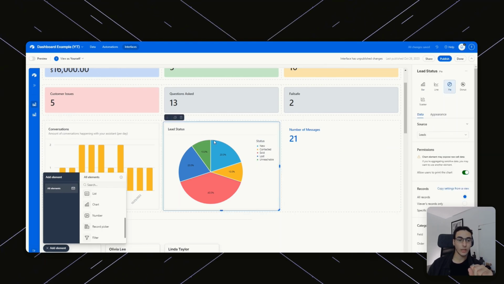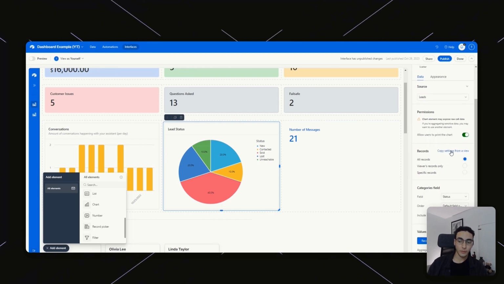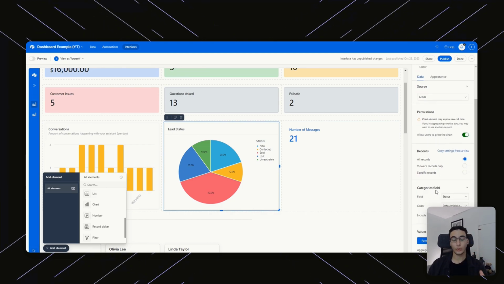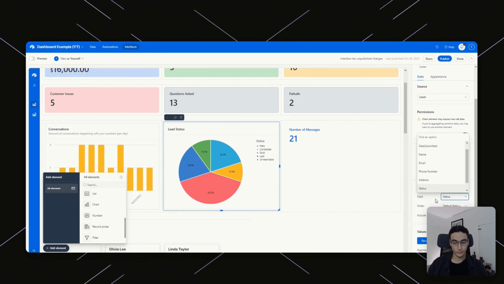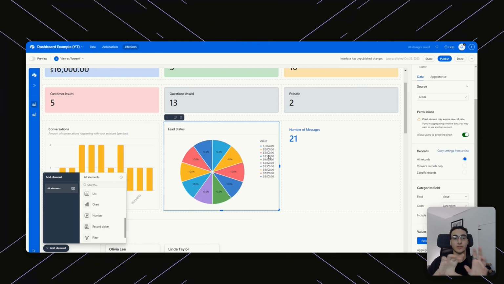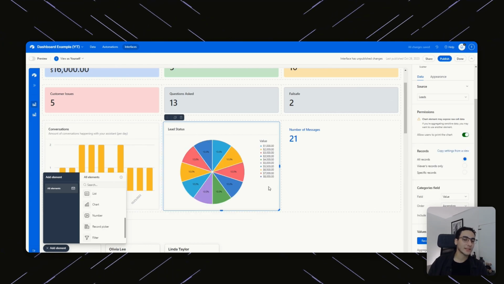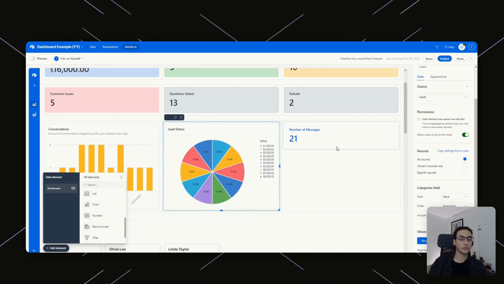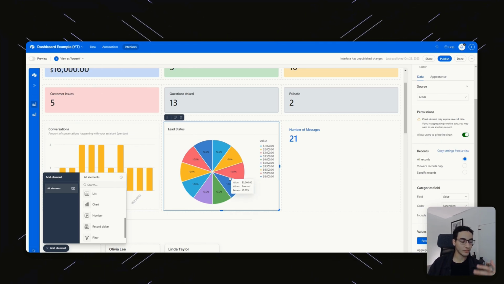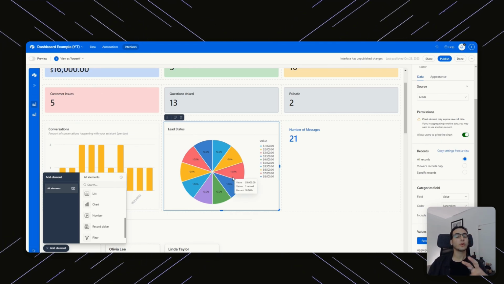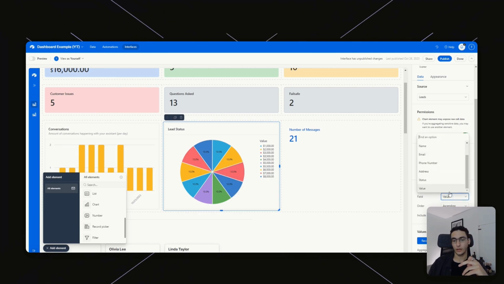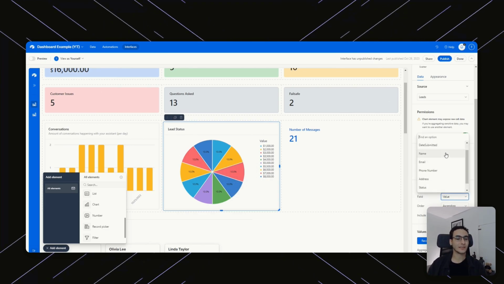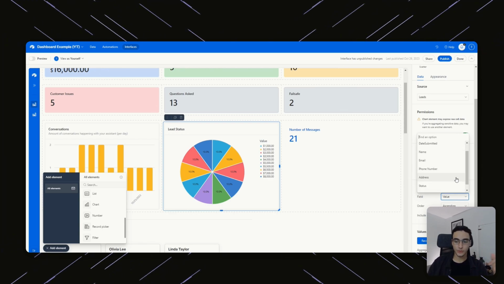All we've done is we've called it lead status. Source is leads. The record is every single record. And the category is a field, or what is being separated by is the status of each field. You can change it by value, which would separate the value of it. In this case, it's not super useful because every single job has a different value. But if you have the same job, if you only have like 3 different price points, then this might be useful. But on a contractor or custom basis, it doesn't really add much,